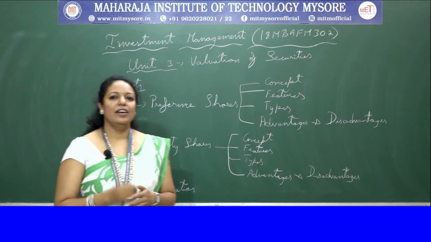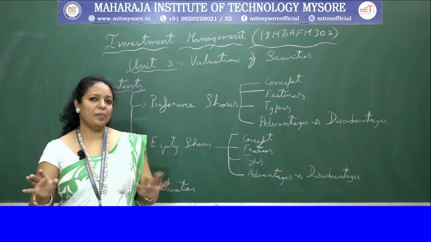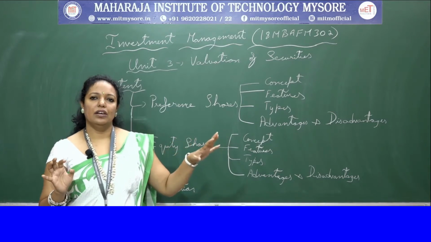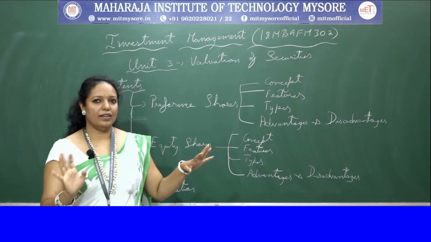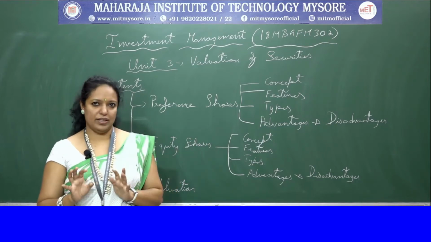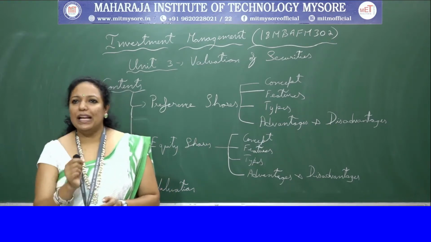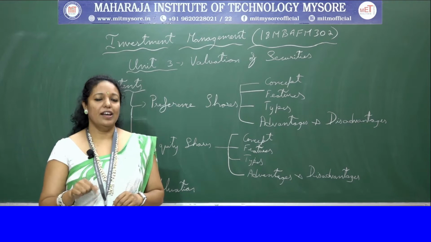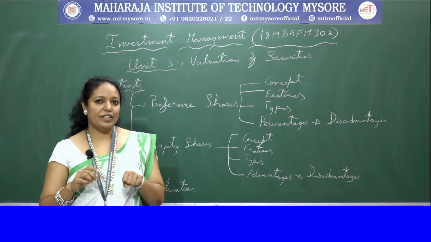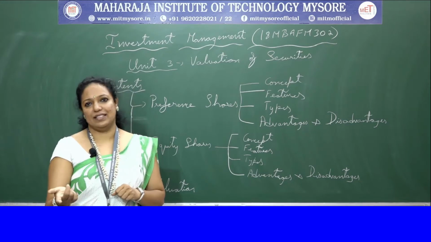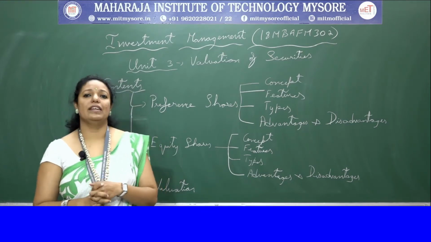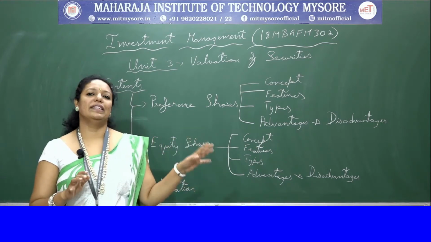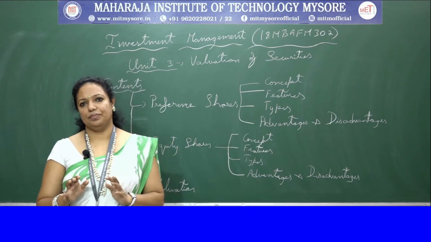Suppose we take an example. If this year the company is not making any profit, automatically it means that there is no dividend. In simple terms, there is no dividend for the shareholders. But in cumulative preference shares, even though the company is not having profit this year, this year's dividend will get accumulated to the next year, and next year whenever the company is getting the profit, it needs to be paid to the cumulative preference shareholders.